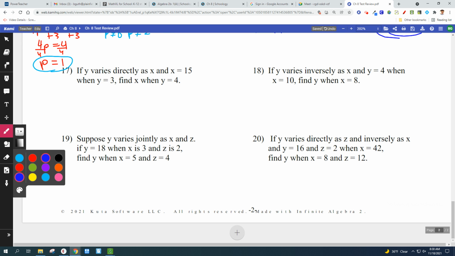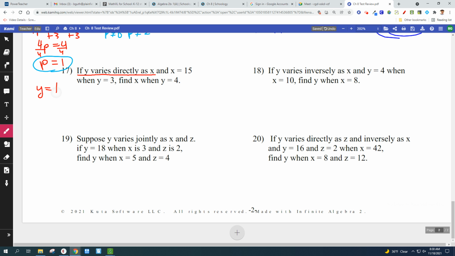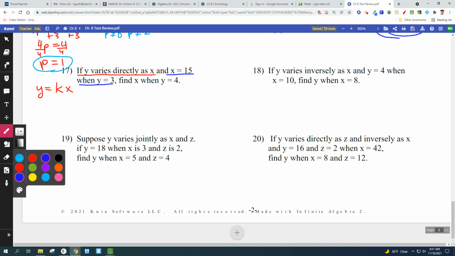Last problem set, we talk about variation. So you got to know those formulas. This one is a direct variation. So first step for me is write down the formula. Direct variation looks like that. y varies directly as x. Next step, I'm going to plug in those numbers that they give me. So I'm trying to find that k value. If x is 15 when y equals 3,